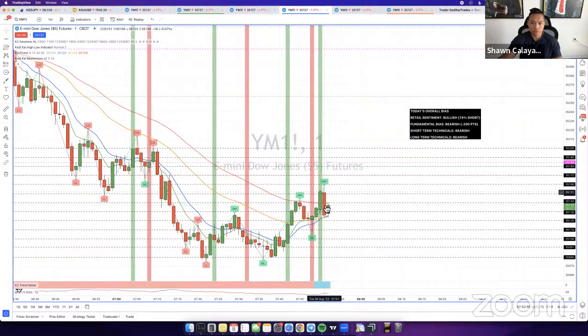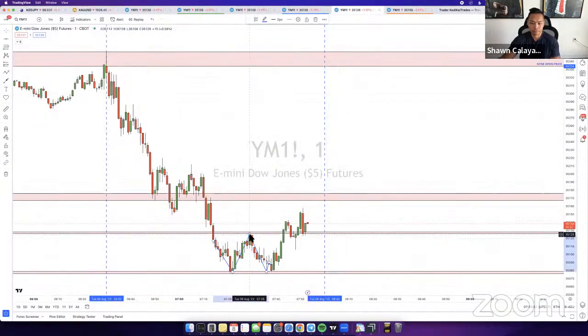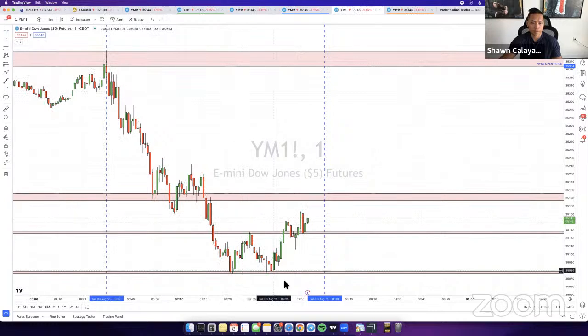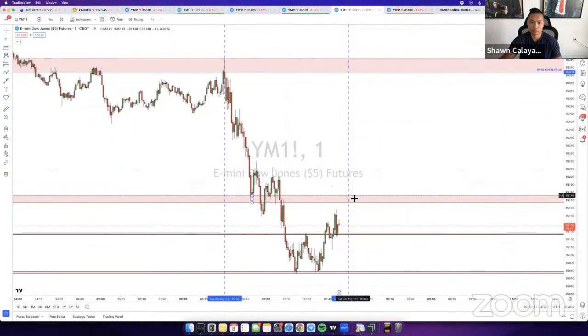Looked like price was going to drop here and then it ended up just consolidating. You guys can see right here, there's just not very much direction. Price is just going sideways. It was ranging down below here, and then now it's pushed up to here. Now it'll probably just range around here now.